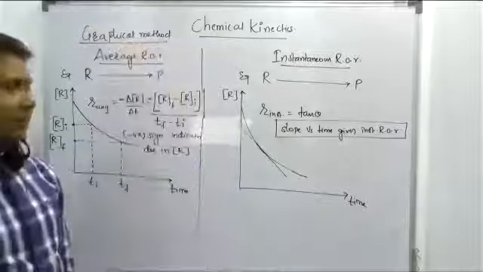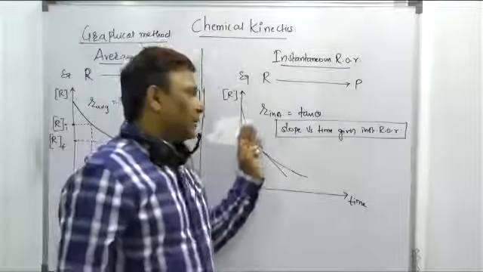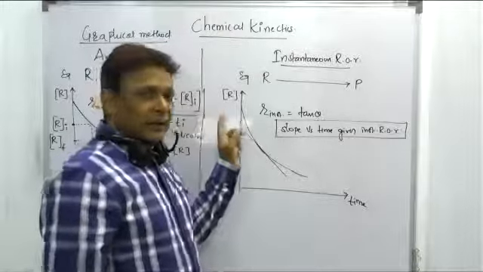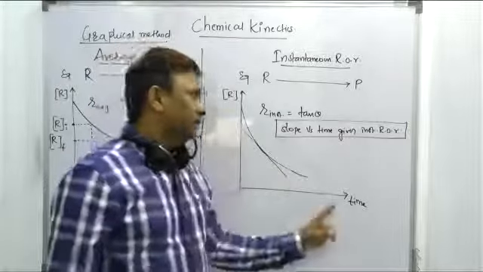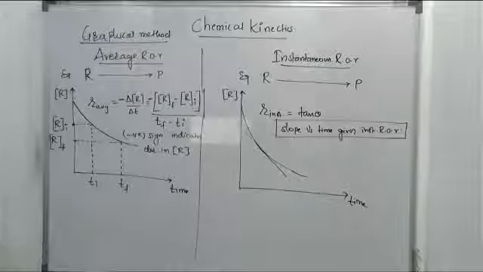Instantaneous rate. Right? This kind of question we get even in IIT Mains, even in IIT Advanced. Only this part, graphical method. That is instantaneous rate, concentration of reactant versus time. And here slope versus time gives rise to instantaneous rate, that is equal to tan theta.